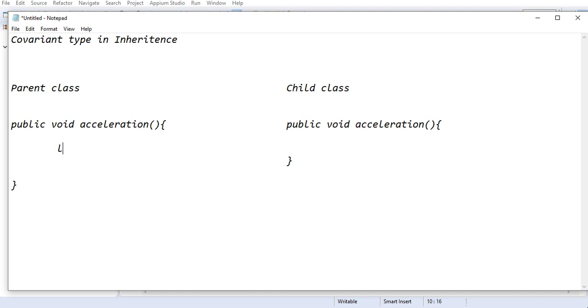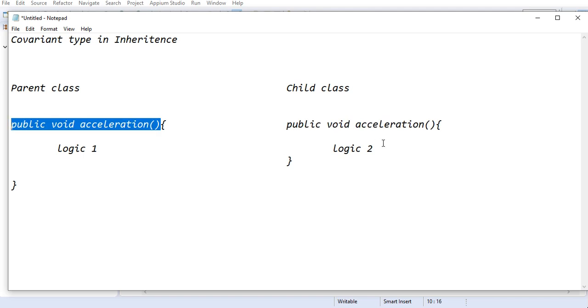There would be some different logic, say for example, logic 1, and then we have a different logic implemented over here, logic 2, but the signature is the same in both the parent and child class. So when you call this method acceleration with the object of the child class, so dot acceleration,